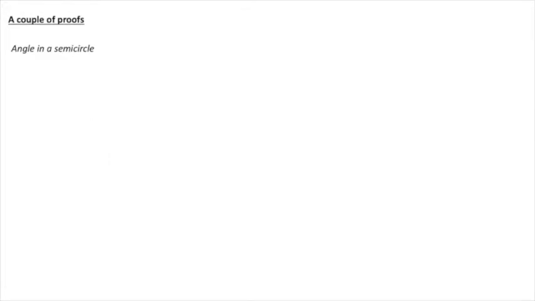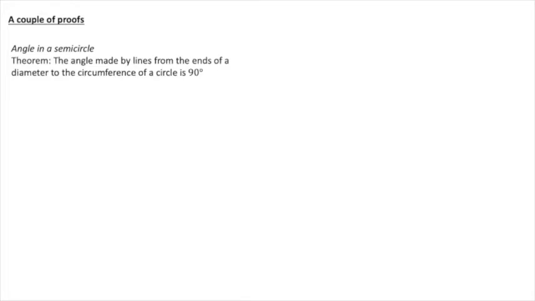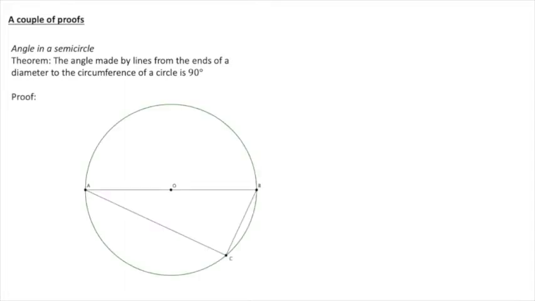So we're going to look at the angle in a semicircle, and the theorem is that the angle made by lines drawn from the ends of a diameter to the circumference of a circle is 90 degrees. Proof. So we draw a circle and we have a diameter there, so we have the situation described is drawn there, and what we do is we draw an extra line in from the centre to the point on the